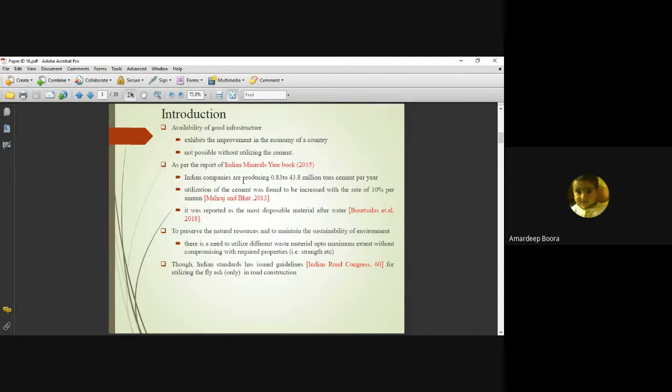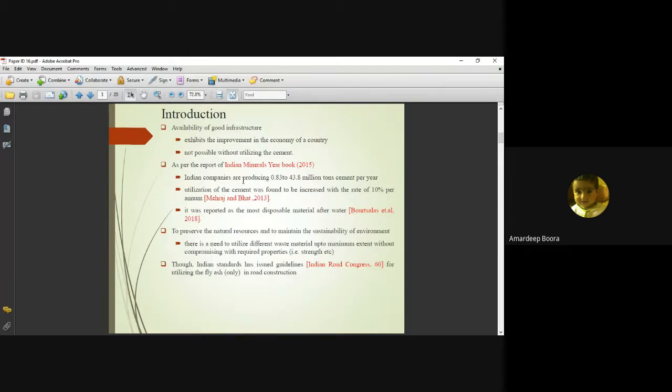So by looking at the data, you can imagine how much production and consumption of cement is going on. So there is a need for a study on how we can make a sustainable environment, because during the production of cement, different hazardous gases are emitted, which affect our surrounding environment, the health of humans, animals, and water species also. Along with that, it also affects crop production.